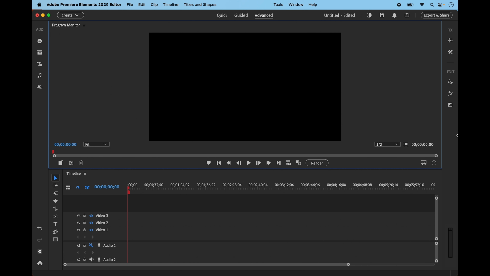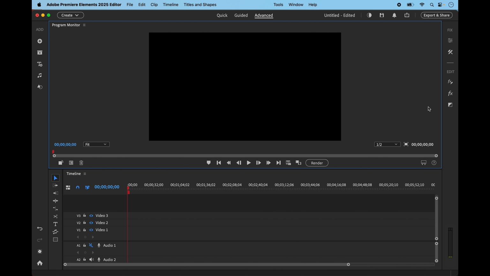You can see I'm in the advanced mode, and on the left-hand panel here we have means of bringing in our footage from files and folders or cameras, and also for using titles and music and graphics. On the right hand side we have our editing tools, including the new Lumetri Color Panel, together with effects and transitions. So I thought I'd make this video for beginners, just to give you a grip on how to get